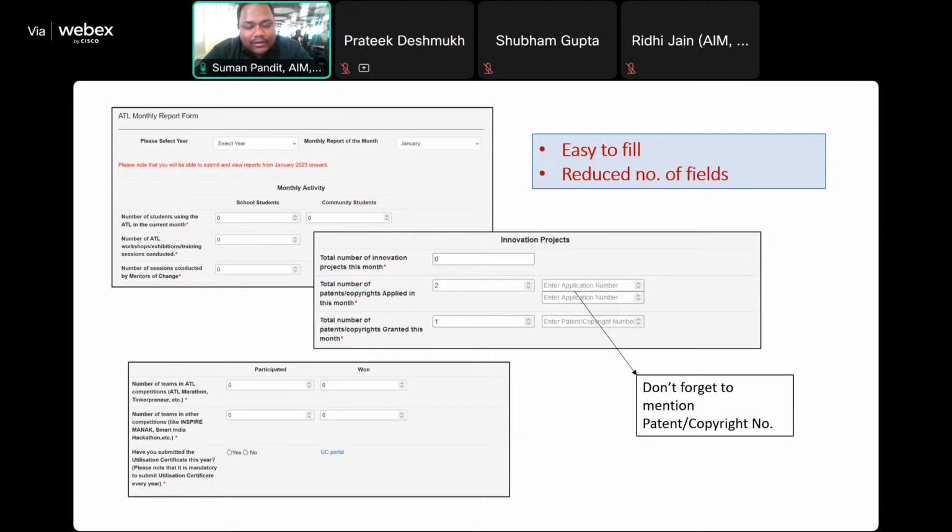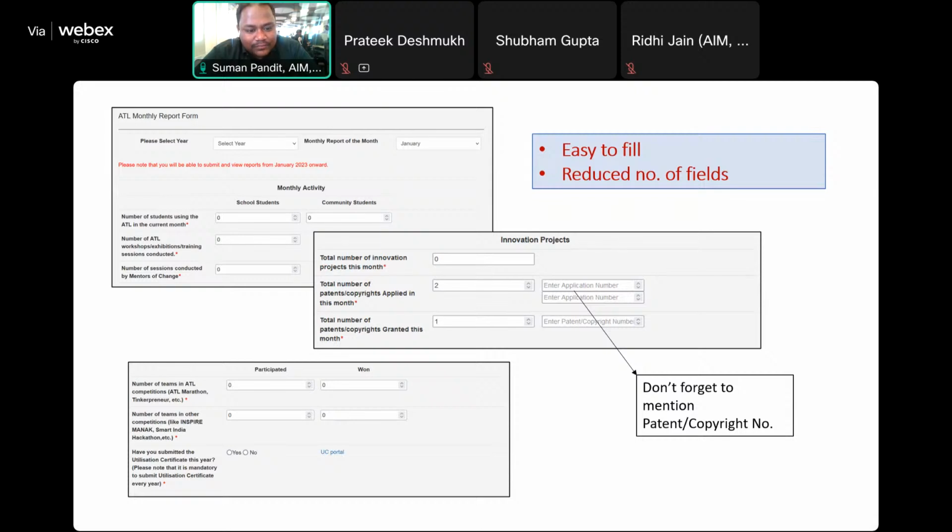इसका मतलब ये है कि अगर आपके स्कूल से 20 टीम ने मैराथन में पार्टिसिपेट किया इस साल में, तो आप 20 ही डालिएगा। ये मत डाल दीजिए कि 40, because it will disqualify you from the school of the month process. And if you have not done anything, it's fine to put 0. But one thing is very important, कि आप हर महीने से बस एक बार रिपोर्ट करें।